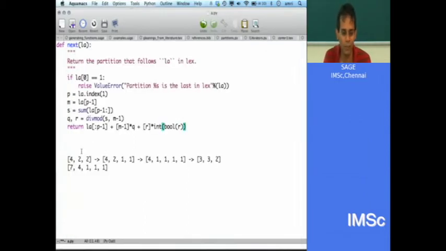So int of bool will do that. This is not very, I mean it's just clever, but it lets you not have an if. Or you could handle it by putting in 0 r's and then putting in a 0 and then chopping it off later, whatever, but this seems like short code. So let's see if this works or not.